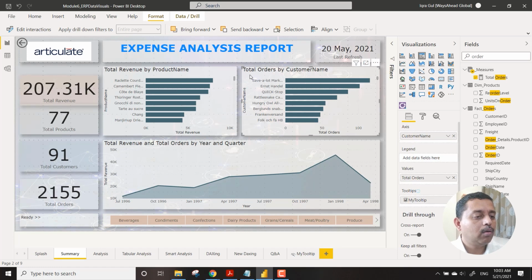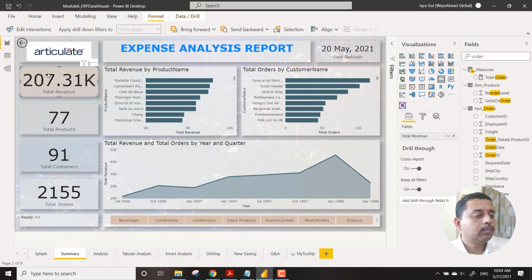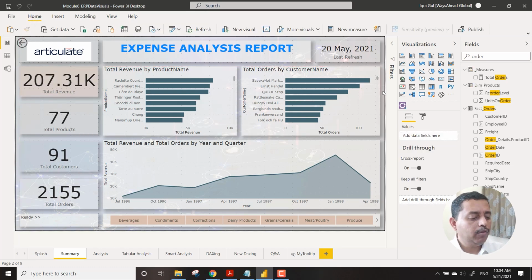So if I click now and go to edit interactions, now it is visible. Earlier it was not visible. If you go here as well, it was not earlier visible, now it is visible. So we need to be a bit careful about working with these visuals.